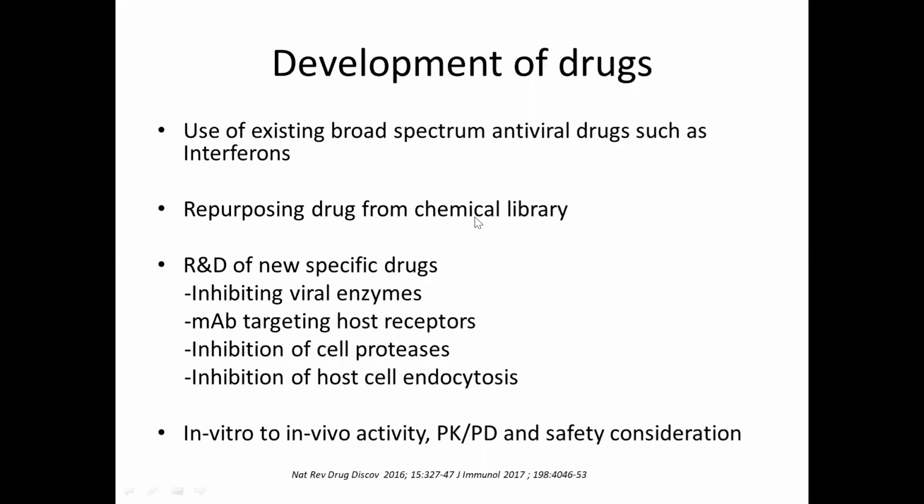Then you look at your chemical library, and for SARS-CoV-1 and MERS, drugs that had been used for treatment of Ebola, like remdesivir, were tried. For SARS-CoV-2, we have a repertoire of drugs that have been used in other viral infections, and it is from this chemical library of about 61 molecules that one would look for treatment as you wait for research and development into new drugs, and also appreciating that once you identify the drugs, you must find the unique PK/PD and safety considerations for treatment of